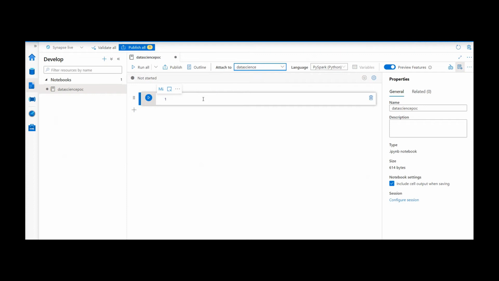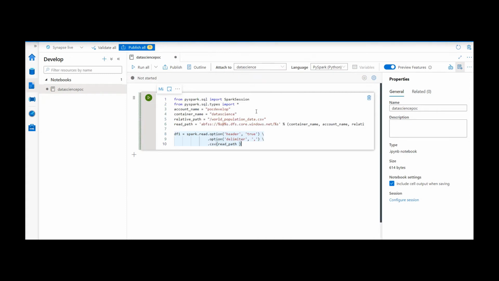Once that is done, we have to write the code. I have already created that code, so I can copy paste. Here you can see, now I'm importing certain libraries. Then I'm giving the account name, which is taken from our Azure Data Lake Storage, and the container name, the container which got created under the Azure Blob Storage account.